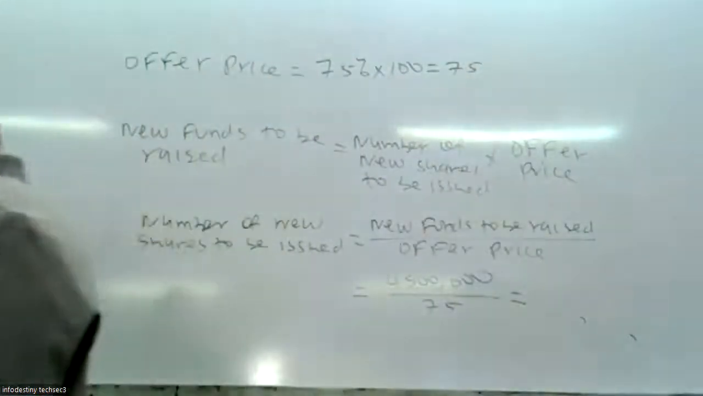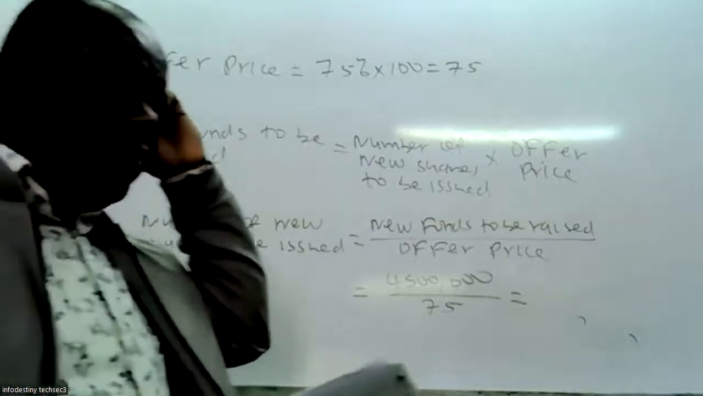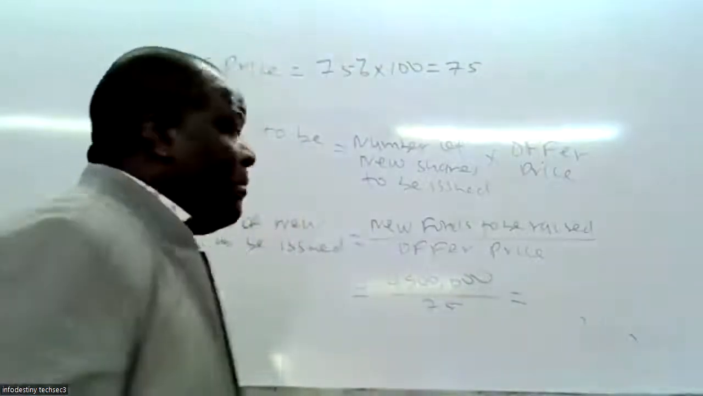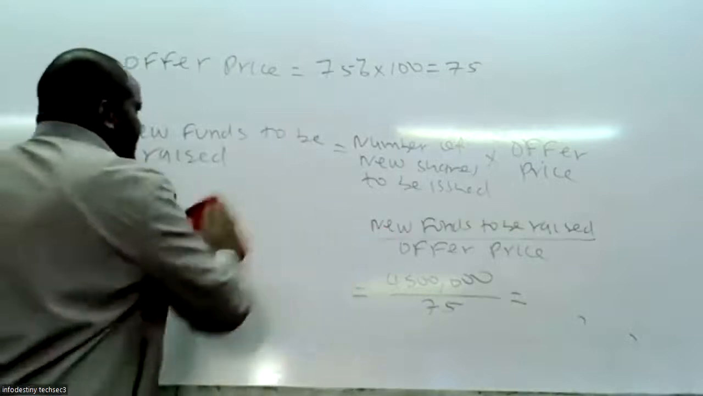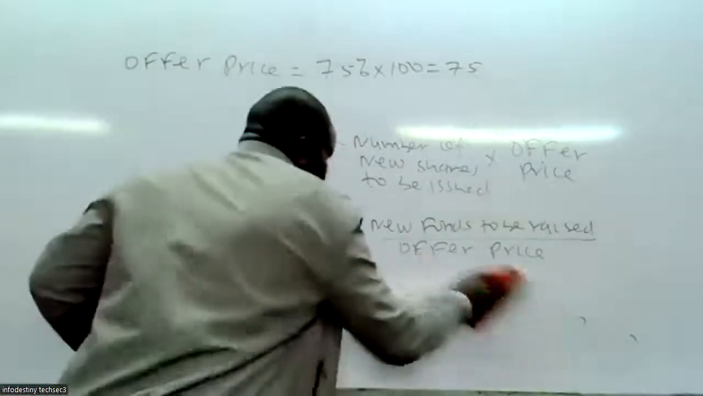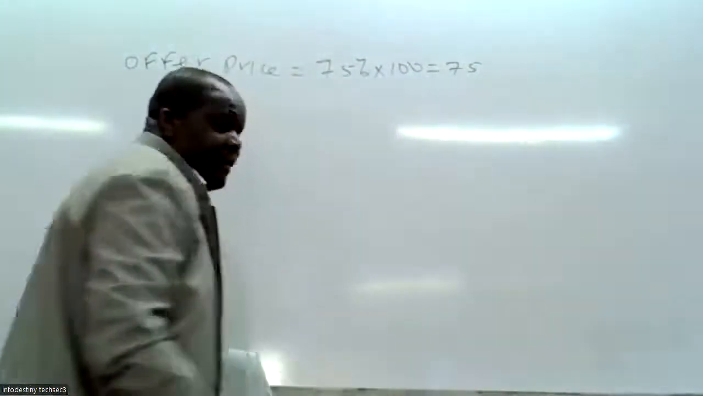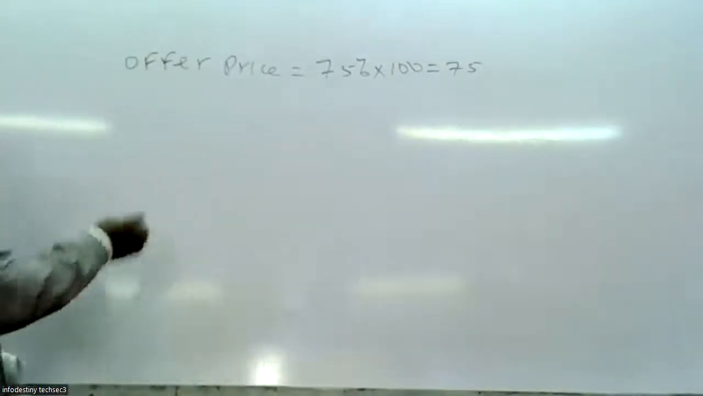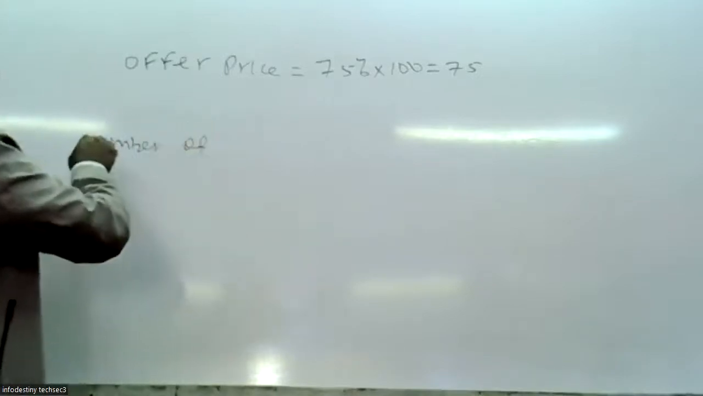Now we go to Roman letter 2. They wanted you to get the number of the rights required to subscribe for one new ordinary share. So let us see how to get the number of the rights. Number of the rights is supposed to be given by